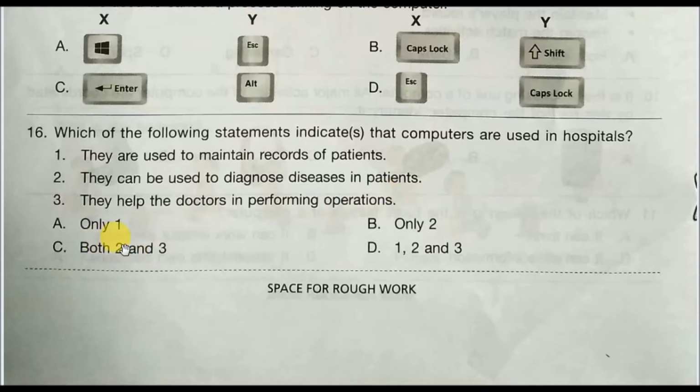Only statement 1, only statement 2, both statements 2 and 3, and option D is statements 1, 2 and 3. So think about your answer. Yes, the answer is option D. All these 3 statements are correct, where we can use computers in hospitals. Okay.